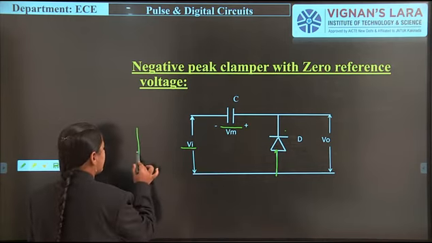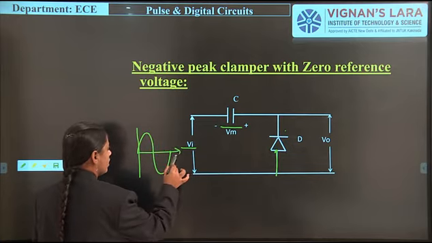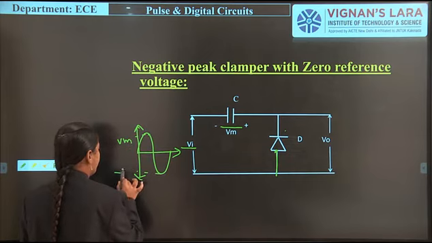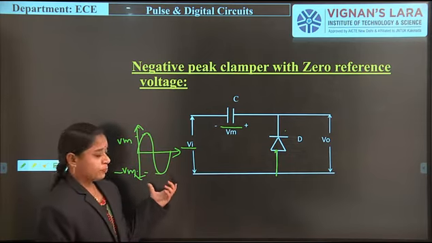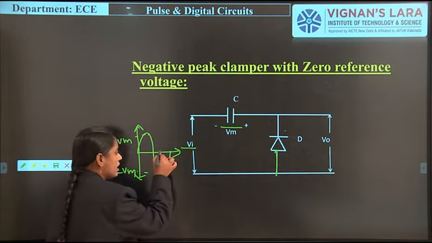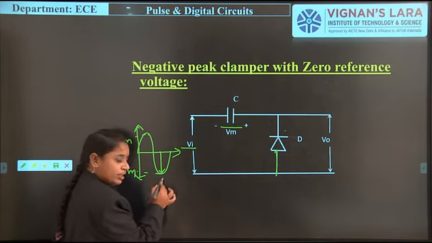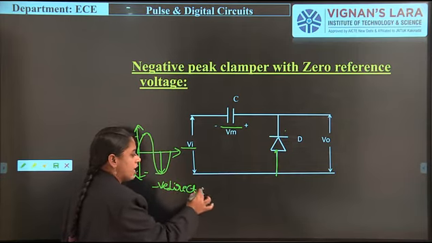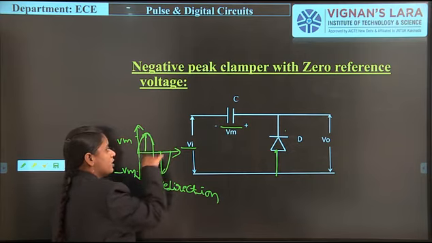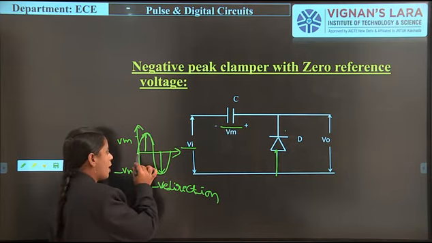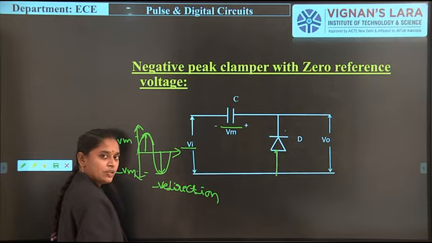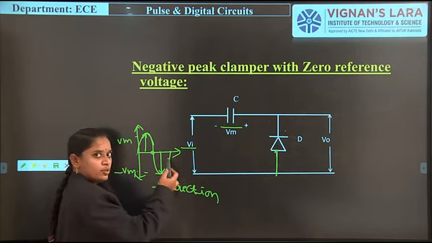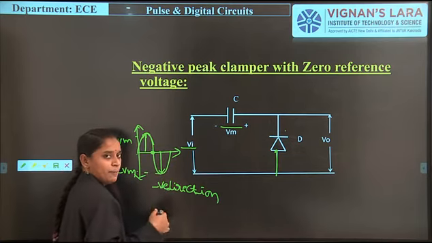So at the negative half cycle we have to apply Vm and minus Vr. So this is an input signal. When the input signal is in the negative direction, the diode is in the on condition. When the input signal is in the positive direction, the diode is in the off condition. Why? Because if we apply a positive signal to the cathode of the diode, then the diode is in the off condition. And if we apply a negative signal, nothing but less than 0, like -1, -2, -3, or up to minus Vr.